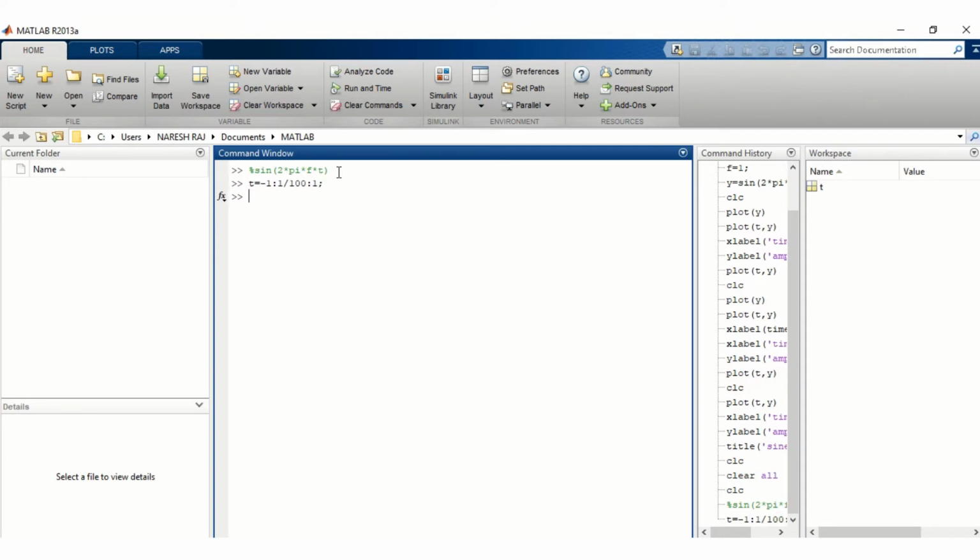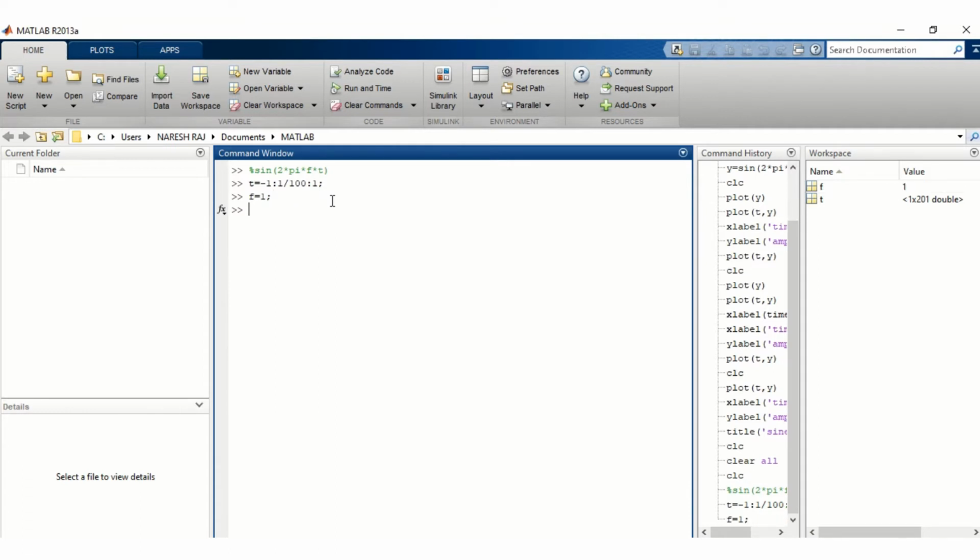So let's see the number of elements in t is 201. Let's see this in the workspace. You are seeing here that the number of elements of the time is 201. Next we assume the frequency is equal to 1 Hertz, and now we will write the equation of the sine wave.